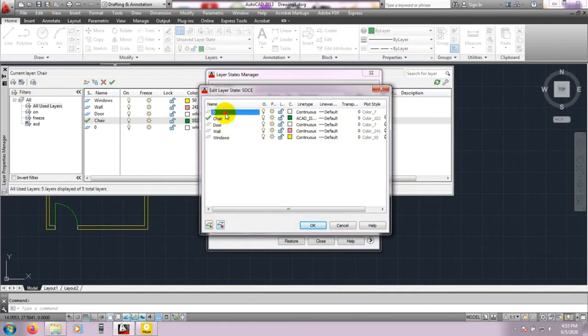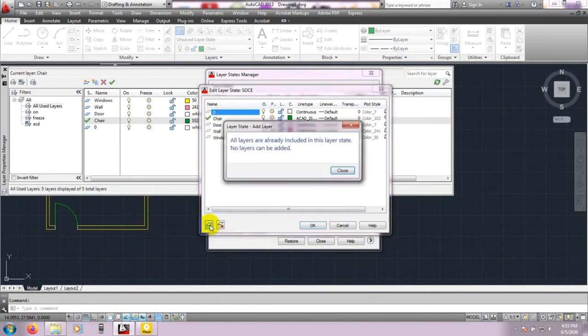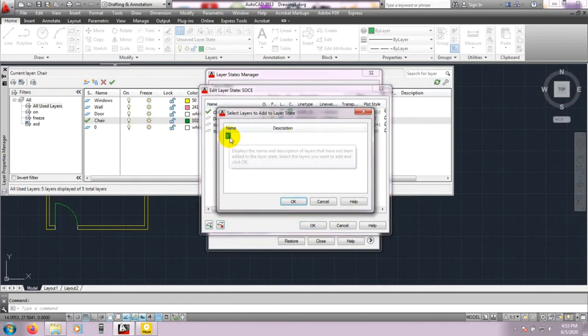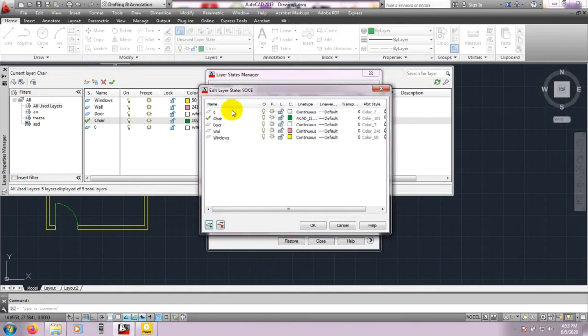So if you select that, click here add, sorry, that your every layer has been selected here. Suppose you want to remove some layer, suppose if you want to remove that 0 layer, just remove from here. Okay, now again if you want to add that, just click here, and here 0 layer is available, just click here, here your 0 layer. Like that way you can add or remove your layer,